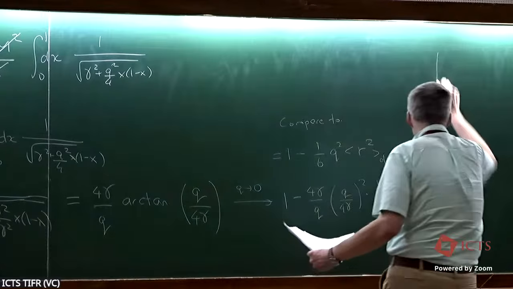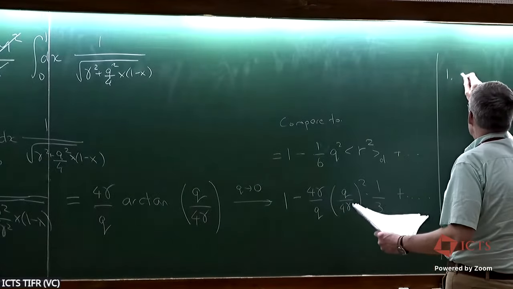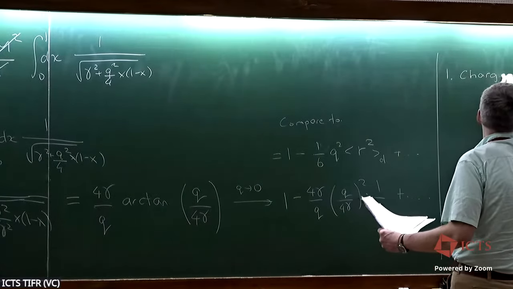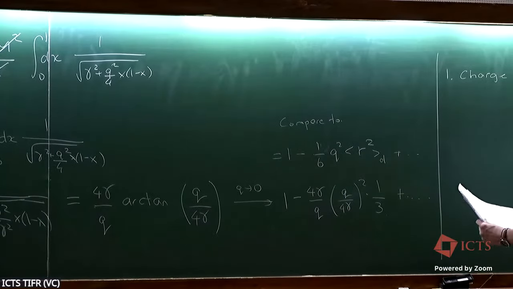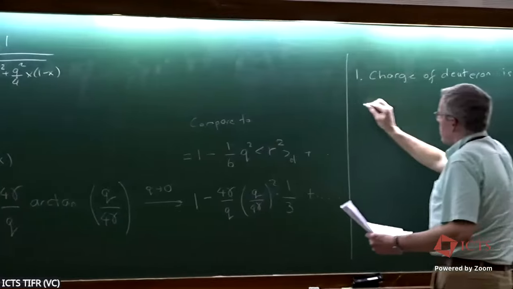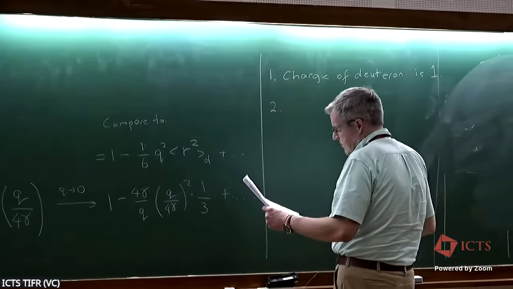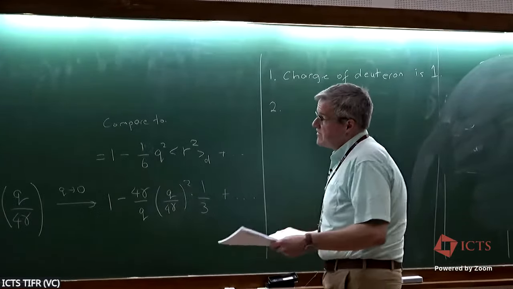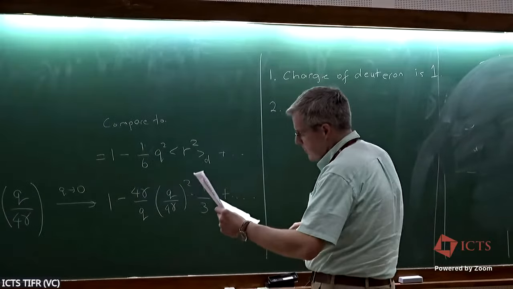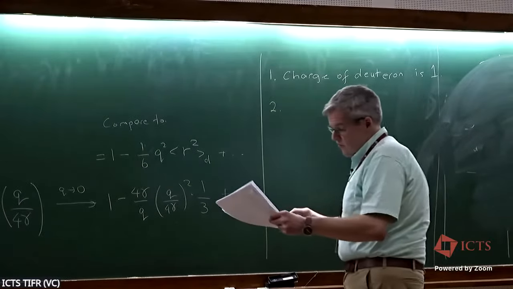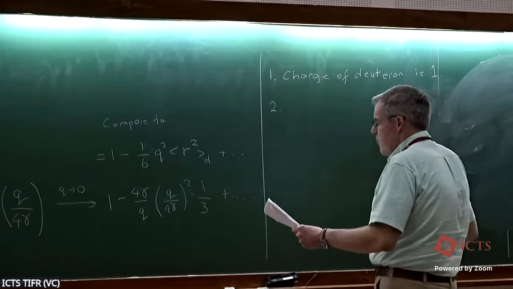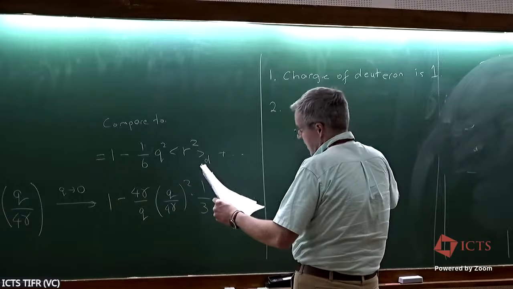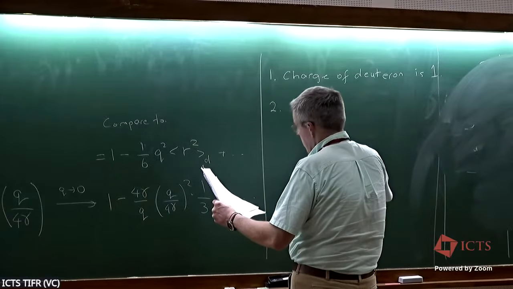And so, as I said, we see two things. Number one, the charge of the deuteron is 1. That's not an earth-shattering prediction, but it means that we did something right in doing this calculation. In particular, we got the wave function. The wave function renormalization ensured that we got an overall 1 as Q goes to 0. And then number 2, the radius